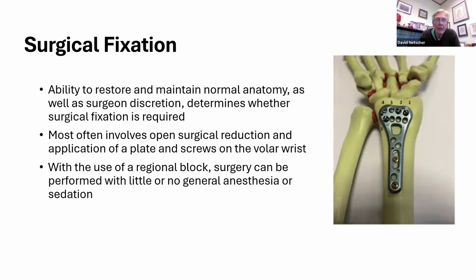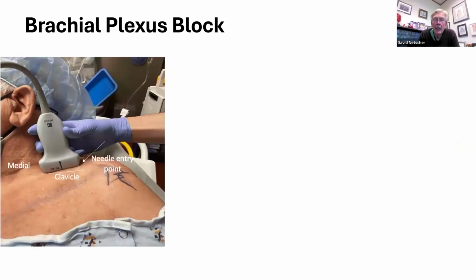It can all be done under regional block. The patient doesn't have to be put under general anesthesia. Of course, in young, healthy people, it doesn't matter too much, but these are also fractures that occur in the elderly, and so they may be reluctant to have a general anesthetic. And so we can then use a brachial plexus block, and ultrasound guidance has certainly helped with the precision of